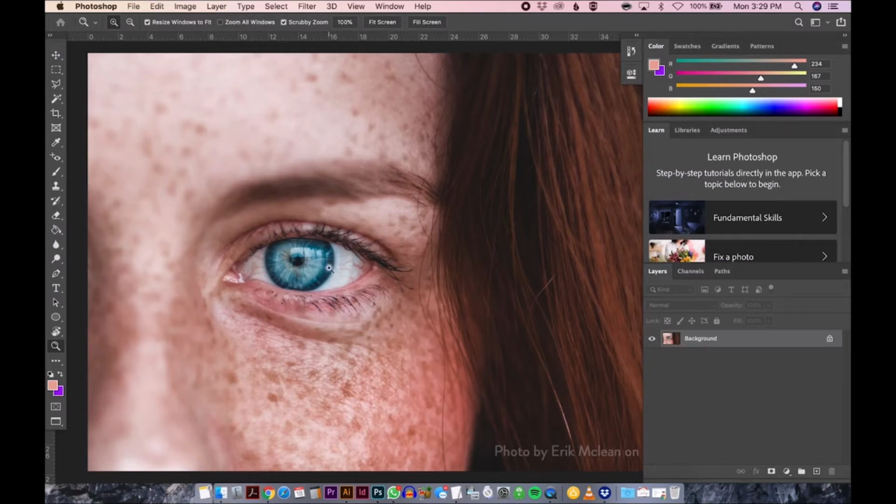So let's take a look at our file real quick. It is a flattened JPEG, so if you look over here in the layers panel, you'll see there's only one layer, and it's called background. So we're going to be adding another layer to this, and the first step for doing that is by going over here to my toolbar